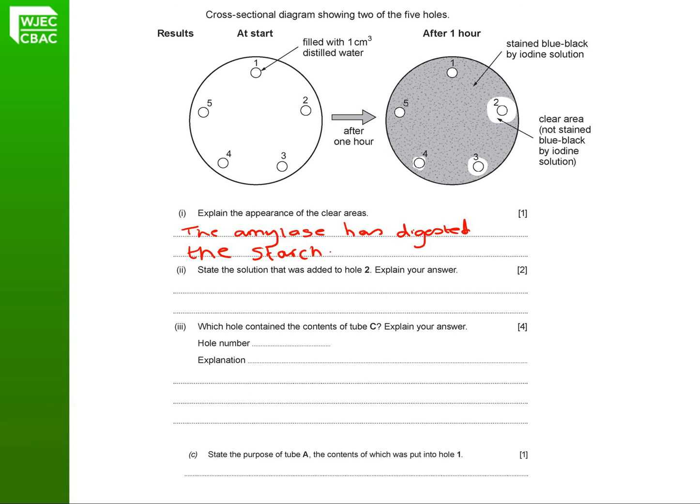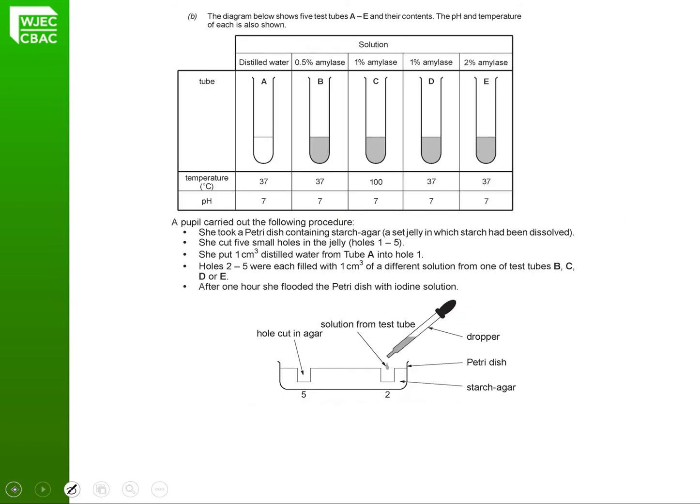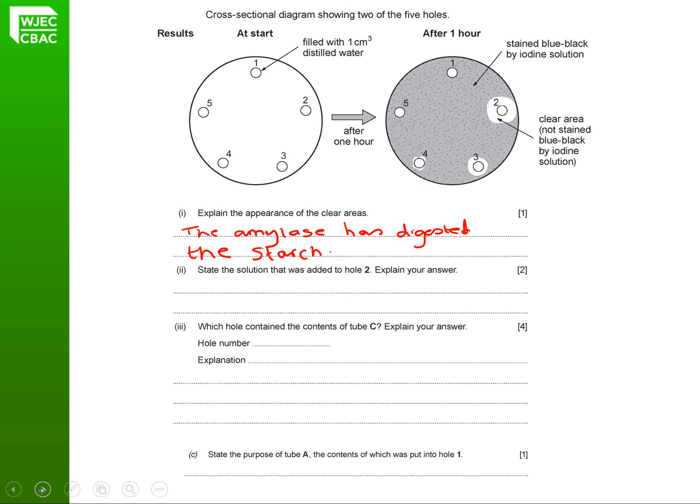You were then asked to identify which hole contained the contents of tube C. Now, if we go back and have a look at what's in tube C, that was 1% amylase at 100 degrees and a pH of 7. So because the amylase is at 100 degrees, it will have denatured. So we would predict that it would be hole number 5 that contained the contents of tube C,